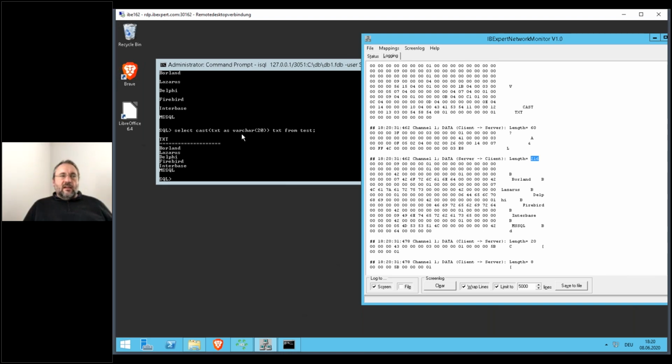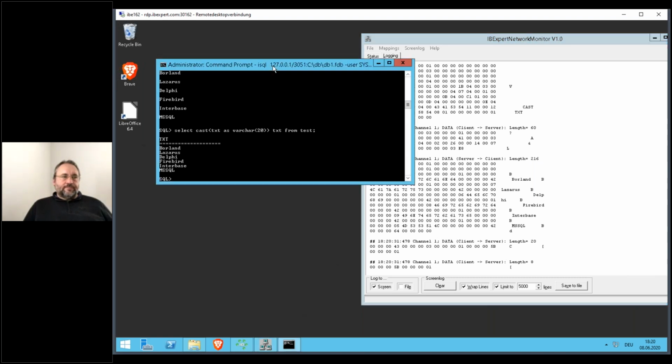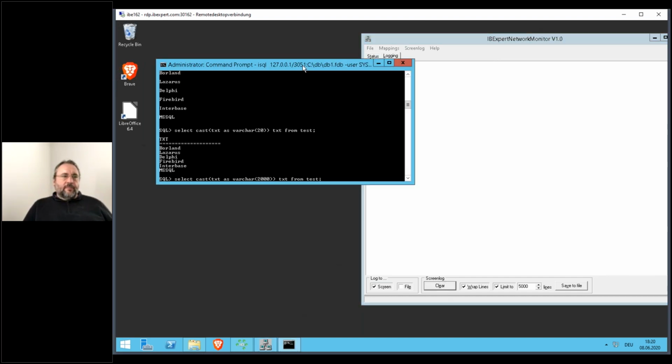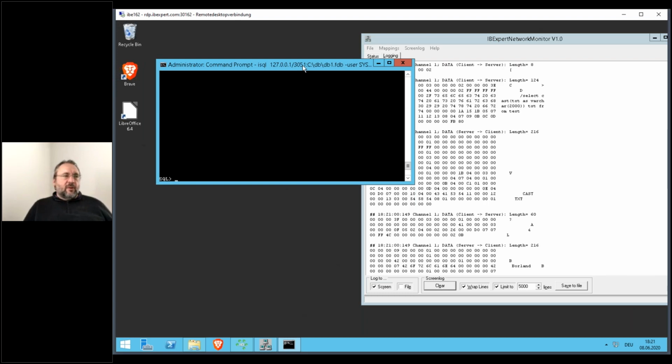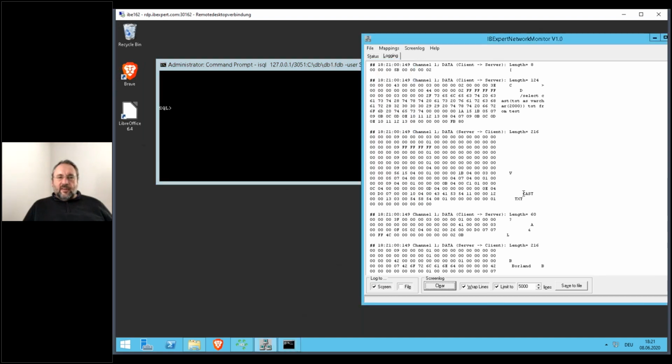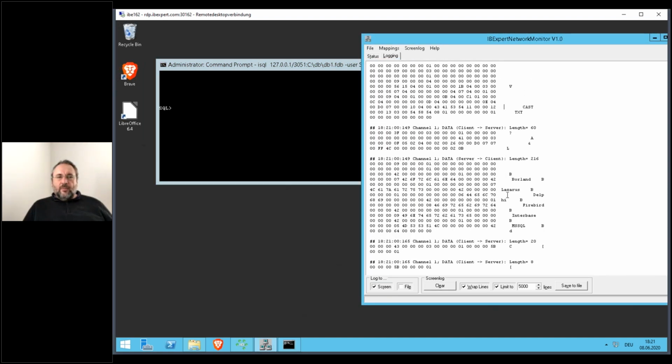So having the short varchar or the longer varchar is not such a big difference. What is a big difference is when we make it much longer, but not from the network perspective. It's just different from the display perspective. As you can see here, now we have created a few thousand spaces on the fly. But the interesting part is that with the varchar column, the spaces are not transmitted over the network. We are still in the same package size